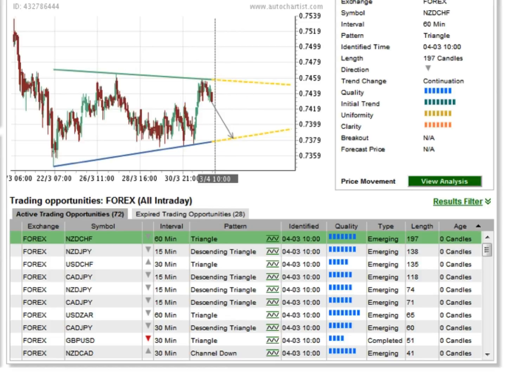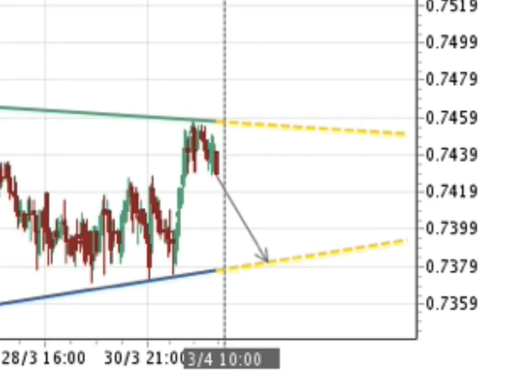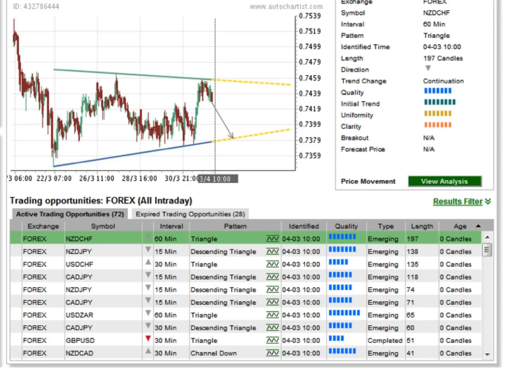On the graph, there are a number of visual clues that tell you whether you're looking at an emerging or completed pattern. The most obvious feature of an emerging pattern is the two yellow dotted lines that extend the support and resistance lines. Their purpose is to give you a visual of the continuation of the expected trading range. The opportunity that many swing traders are looking for are situations where price becomes range-bound and it continues to bounce between support and resistance. They go long on the upward bounce and short on the downward, for as long as it stays within the range.